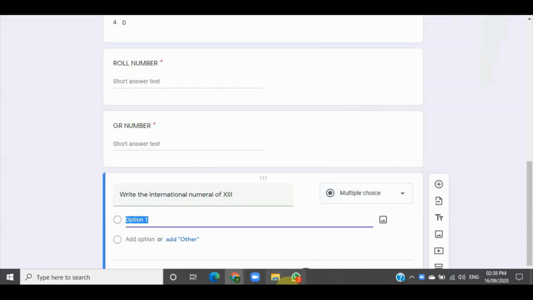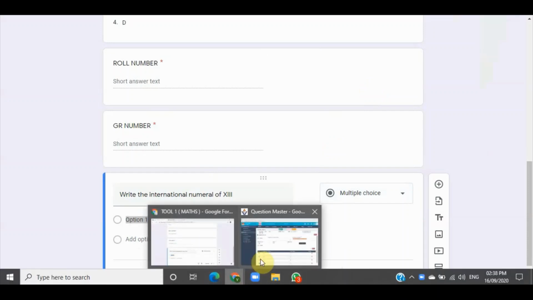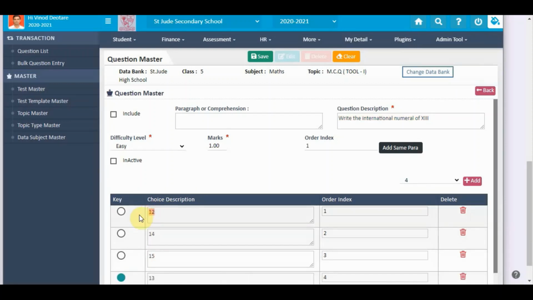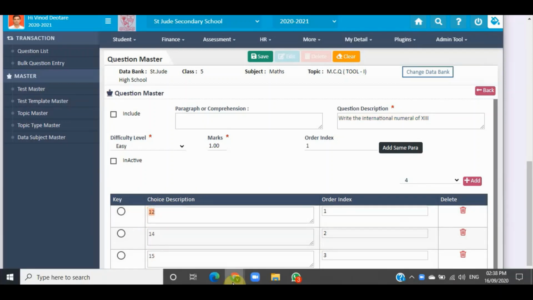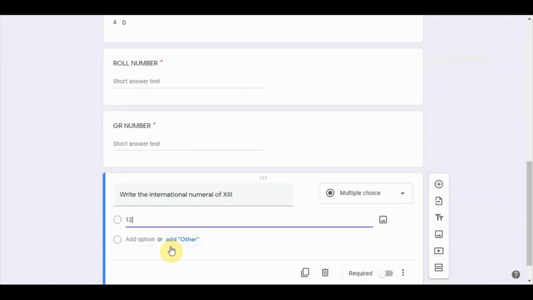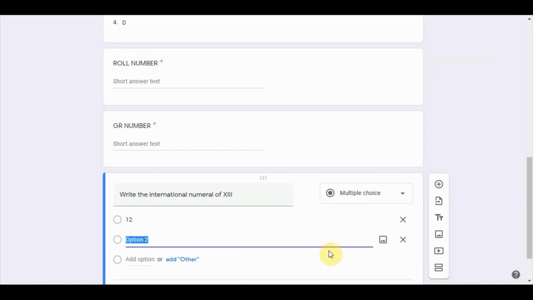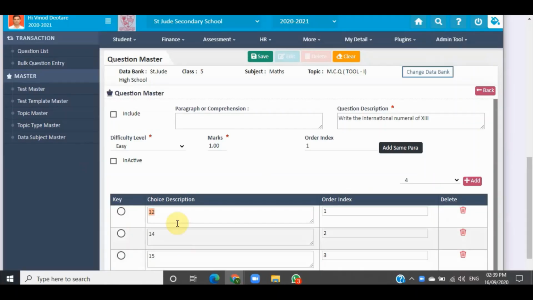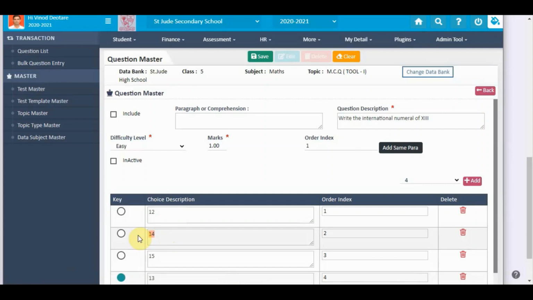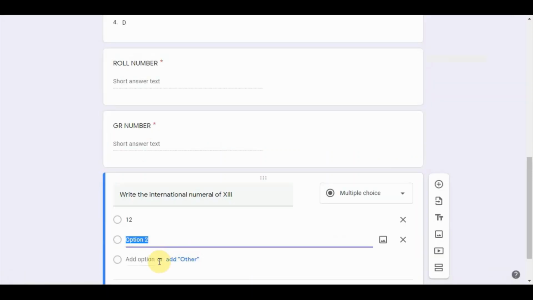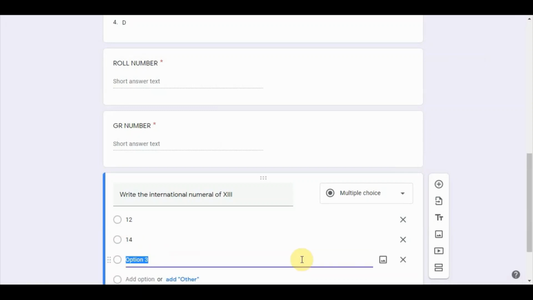Now options are there. Options, either you can type directly if you want, or if you want them copied from here, just go to the Divine again, press control C, come back here and press control V. See here, very easy to write. Now press enter, you will get the second option. Suppose I am writing directly, I told you how to copy. Okay, if you want I can take one more. I can go to the Divine, suppose 14, control C, and come back to the Google form, control V. Okay, now enter. Now you will get the third option, suppose 13 is the correct answer. Now the fourth option, enter it, you will get, suppose, 15.